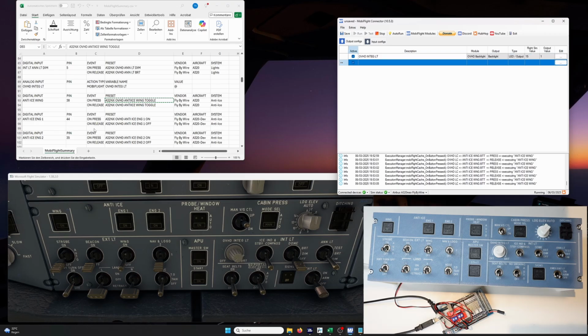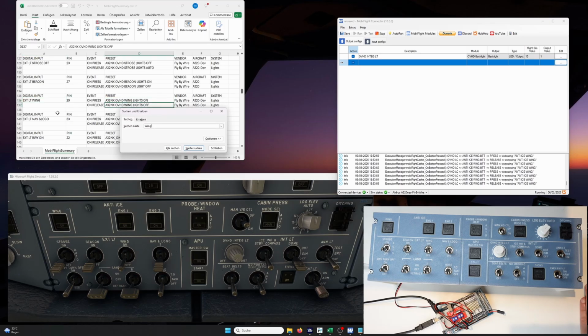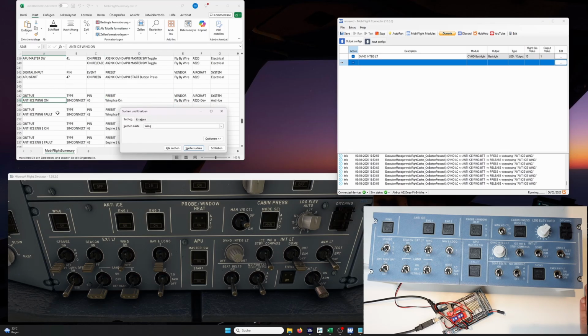Okay, let's go to the output configuration and do some LEDs. Create a new row and let's do the configuration for the wing. Search for wing in the Excel sheet. These are all digital inputs, and here you can see the output anti-ice wing on. This is the configuration I have assigned to the Cori button, but now I want to use it for the LED. Copy the name,